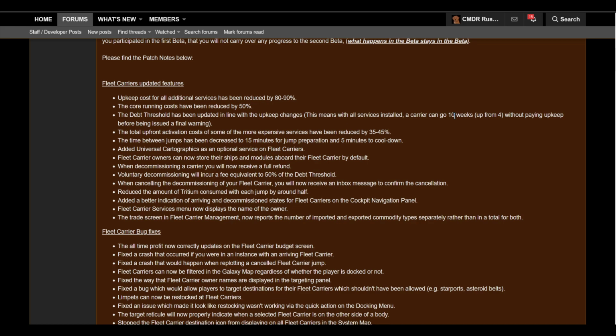So if people are away from the game, you've got 10 weeks to just pop in and pay your dues. No excuses. If you're not playing for 10 weeks, you don't get to complain that you've lost a carrier or something like that. 10 weeks, it's almost 3 months. If you're not playing for 3 months, I mean, obviously, if you've got a broken leg and you're in hospital, it's a different thing, but